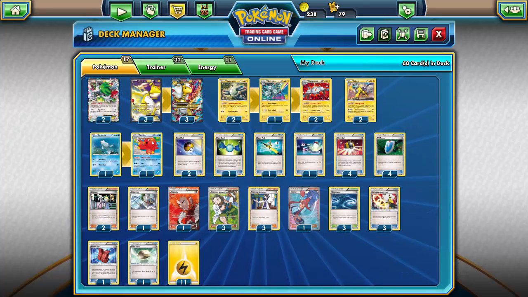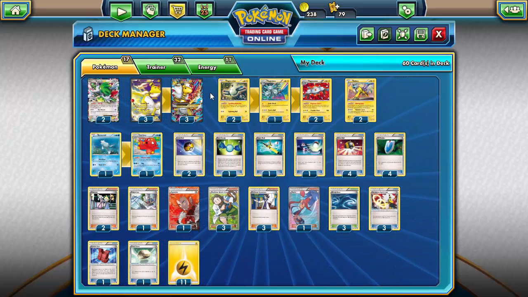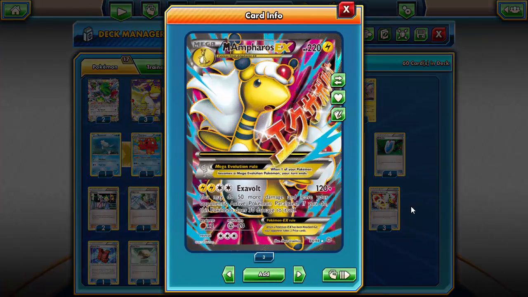Hello everybody, Sticks here with the Token Minorities, bringing you another deck on Pokemon TCGO, and today I am bringing you, I will admit, a much older idea. However, it did get some new cards within the past couple sets that have really helped it out and, in my opinion, boosted its viability a little bit, and that is Mega Ampharos EX from all the way back in